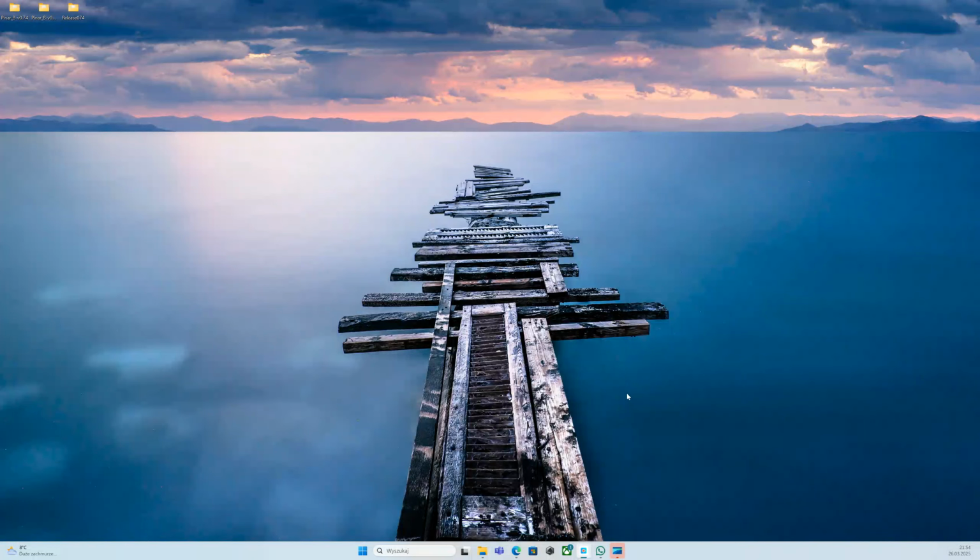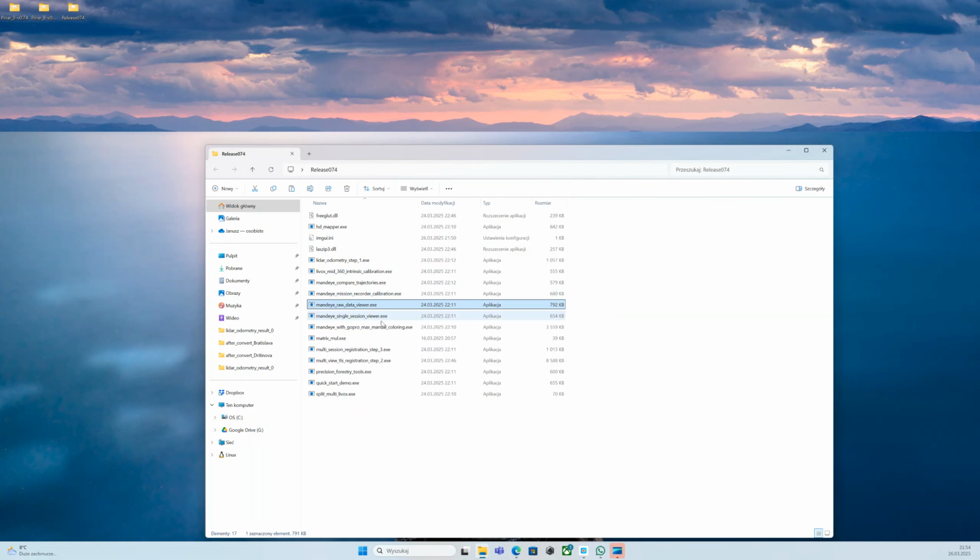Hello again. Now it is time for step 1, lidar odometry. So let's create a trajectory from raw data. So lidar odometry step 1